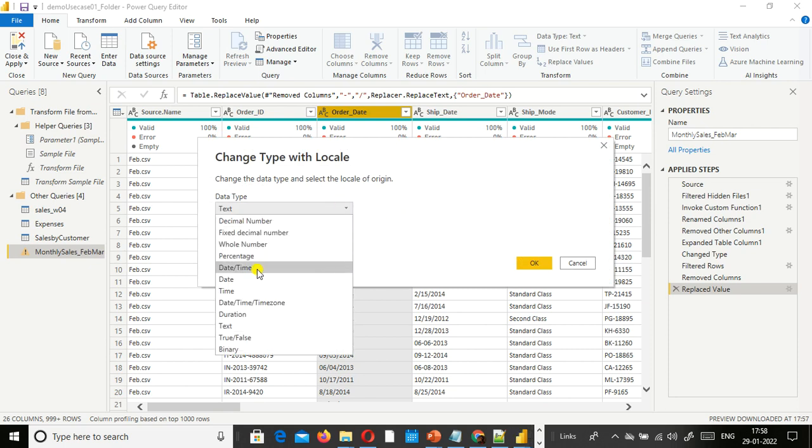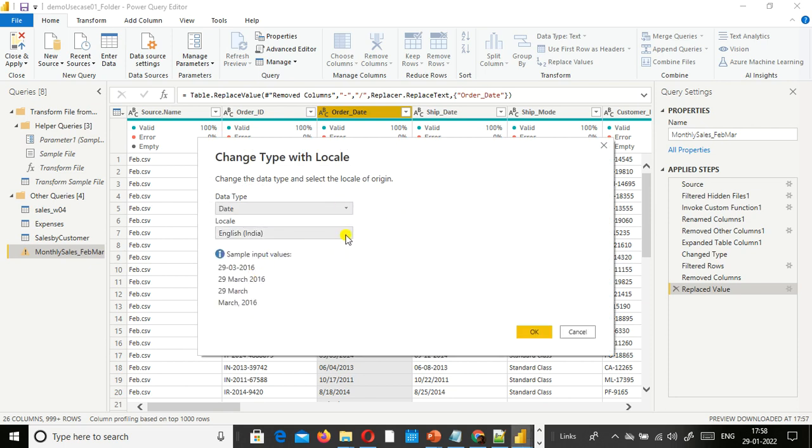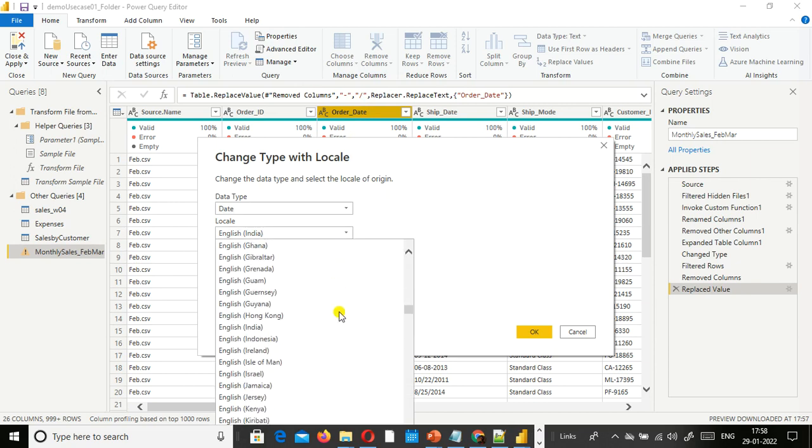I just go ahead and select the data type as date. The Indian date format is the default, so it shows here the India date format, but the values we have in the order date column are in the US date format. So hence I go ahead and specify it as English United States.